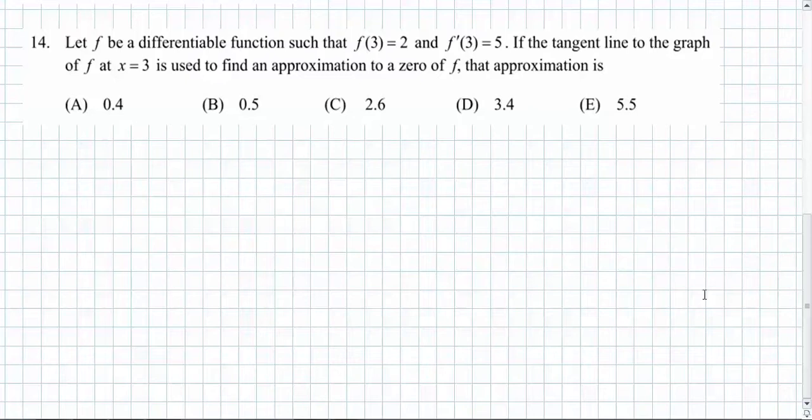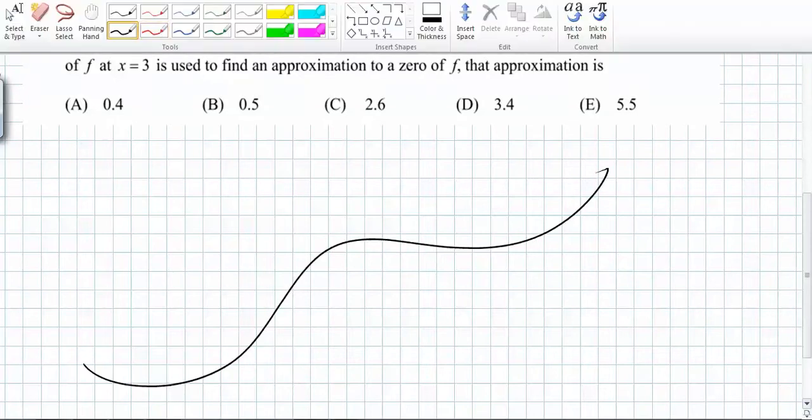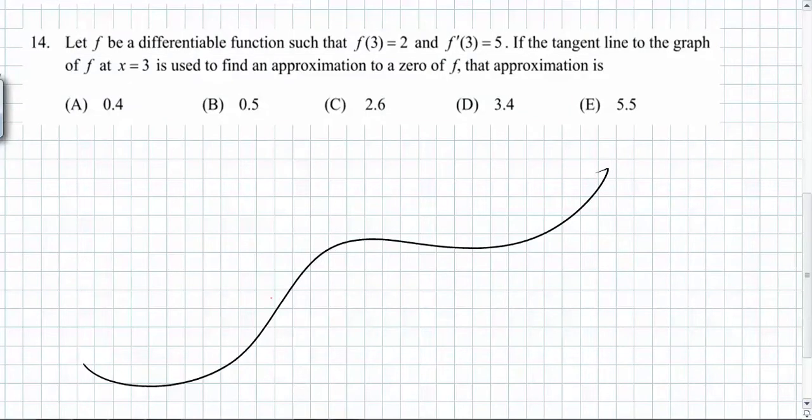Differentiable function such that f of 3 is 2. So this function is traveling around, and you know that at this point, it passes through the point (3, 2). Great. That's all the first part tells you. That's this part right here. And f prime at that point is 5, meaning the slope of the tangent line at that point is what? 5. So you know that right here, this tangent line has a slope of